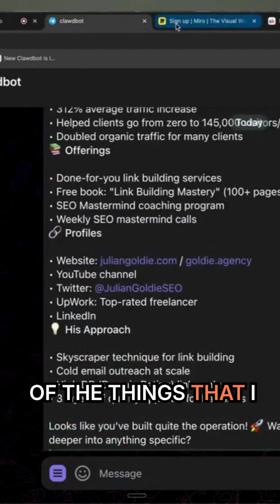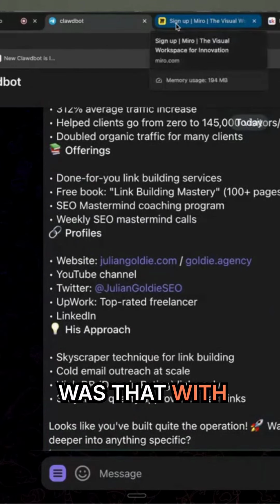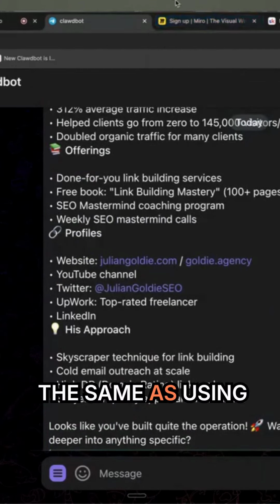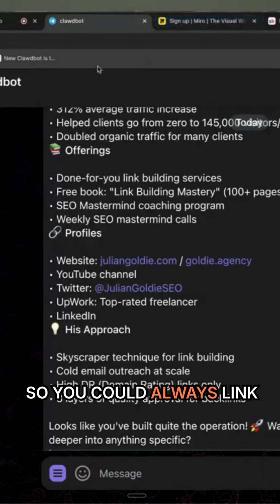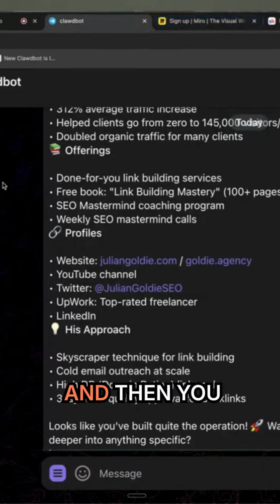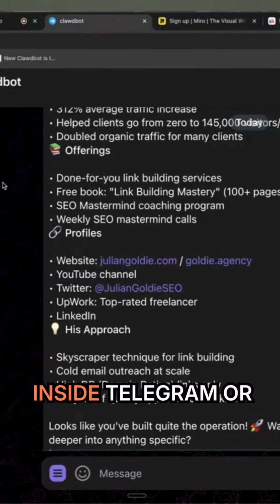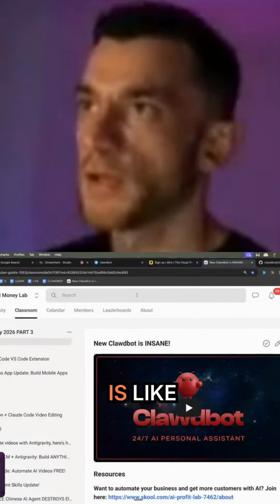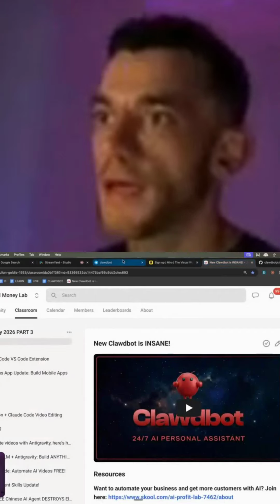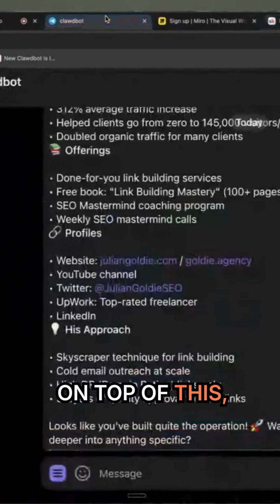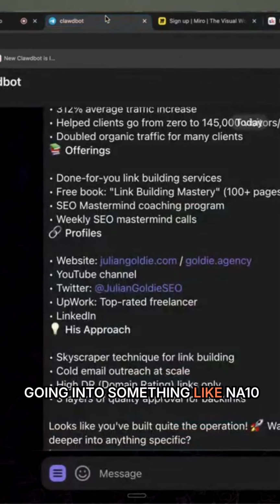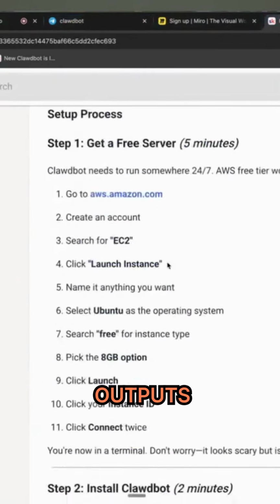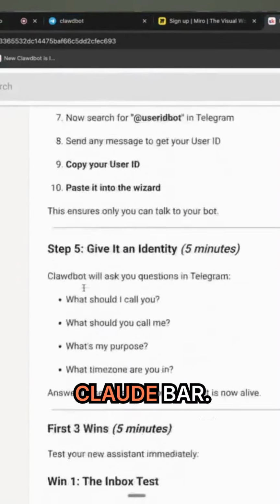Now, one of the things I thought before was that Clawdbot is basically the same as using something like n8n. You could always link Claude inside n8n, and then have it chatting to you inside Telegram or WhatsApp or whatever. But one of the biggest differences that most people don't realize is that Claude can build extra workflows on top of this, so you don't need to keep going into something like n8n to build your workflows. I had a friend, for example, and he wanted to get voice outputs directly from Clawdbot,